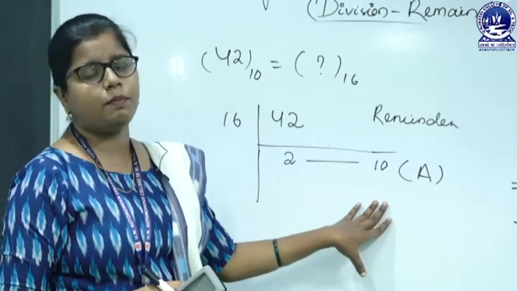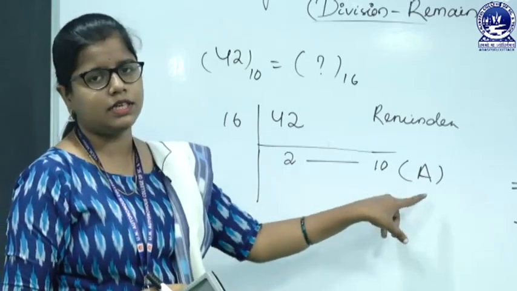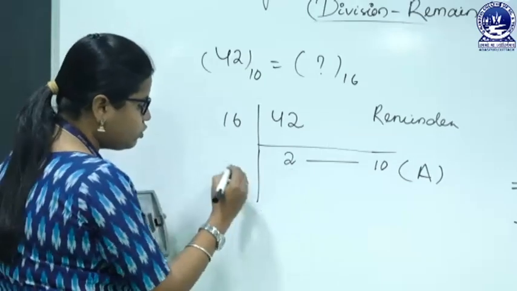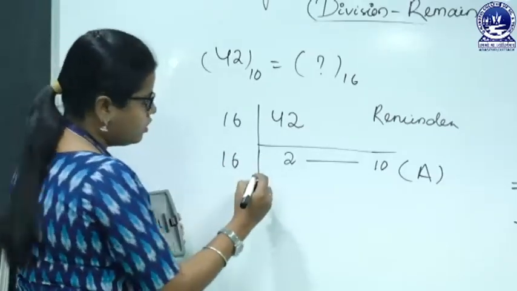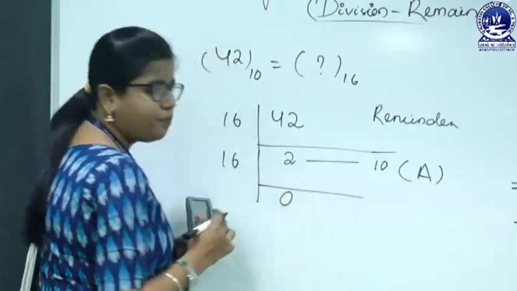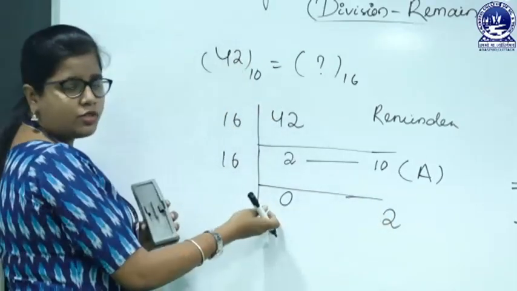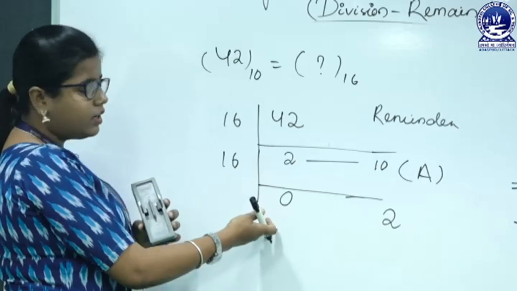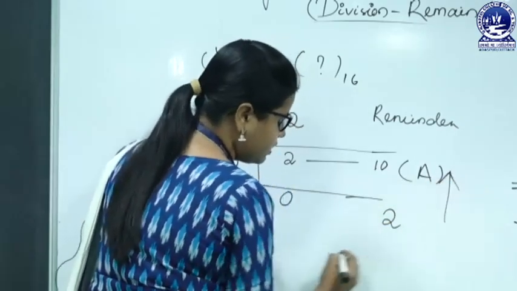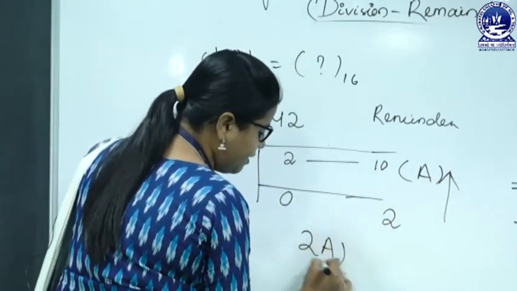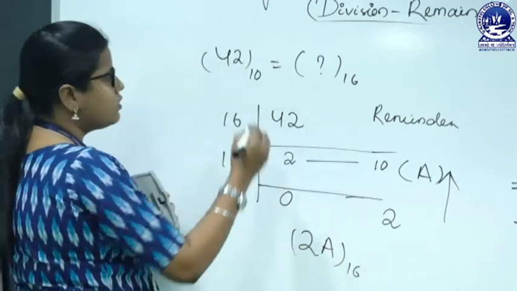So we need to represent the number as a symbol, that is A. So for 2, again we need to divide. 16 zeros are 0 and the remainder is 2. So once we got 0, we need to stop here. So this is 2A base 16. So the answer is